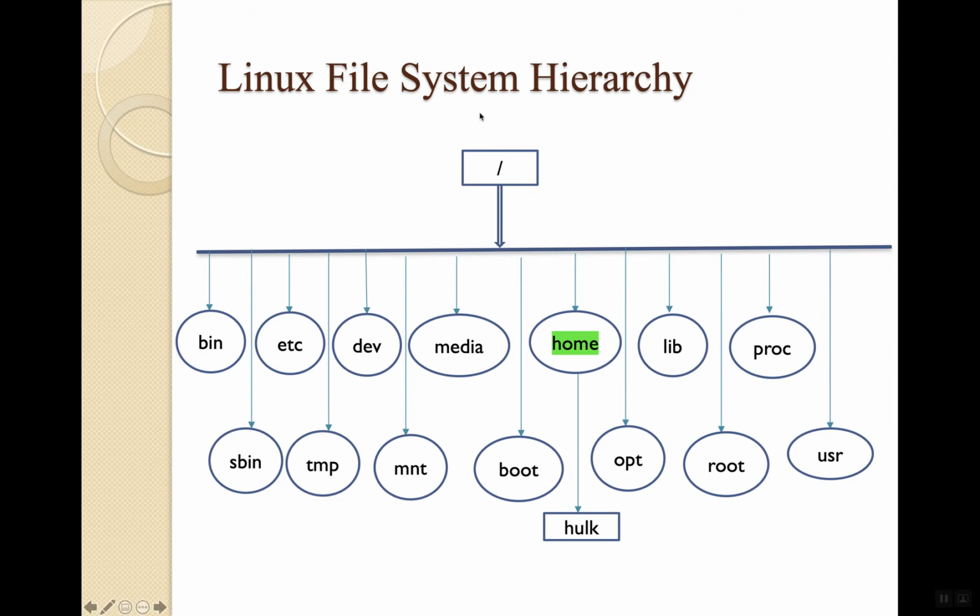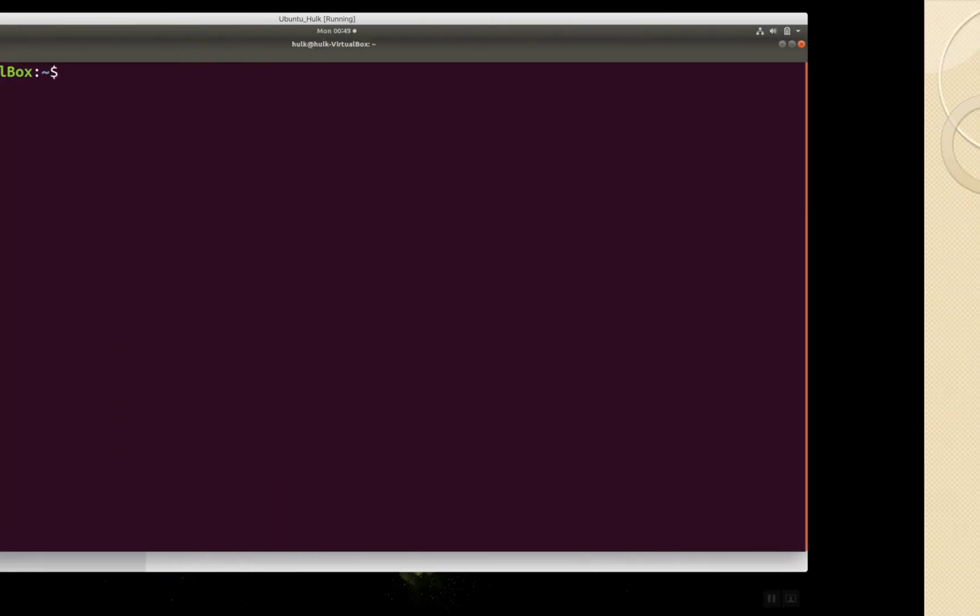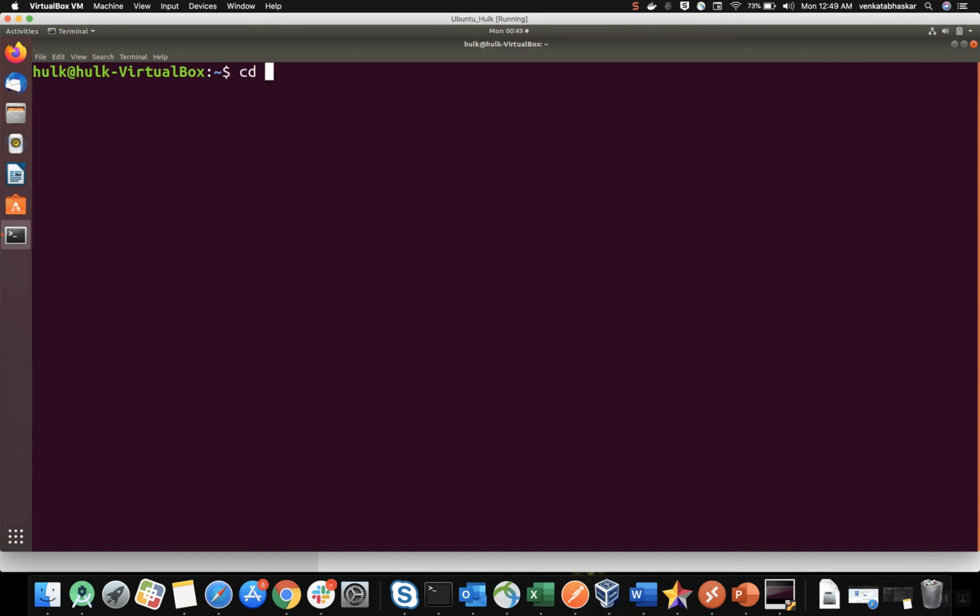Now how do I go to the root directory? That means forward slash. To navigate, which command do we use? Change directory. I will use cd and just the slash. If you see pwd, the current working directory is home and hulk.